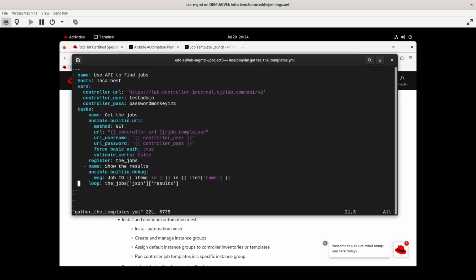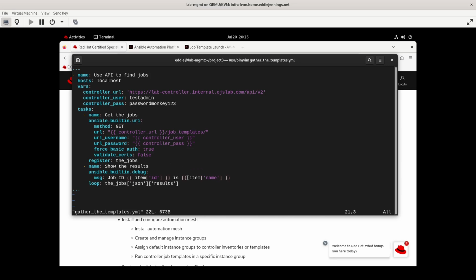Okay, this is when I was doing some GET requests, basically doing the same thing and trying to parse through some of the information. I know there is a JSON query filter that you can use that comes from the community.general collection, so that may not be available to us on the exam. Otherwise, I think it's select ATTR, and that can be used to try to pull out some of the specific JSON stuff. I don't know how to do advanced stuff with that, but what we could try to do here,